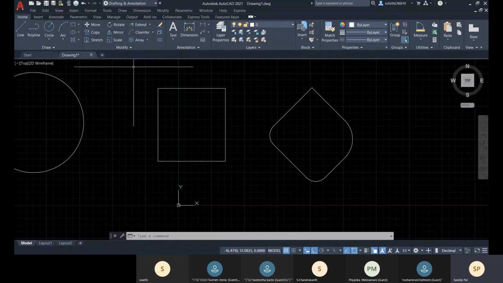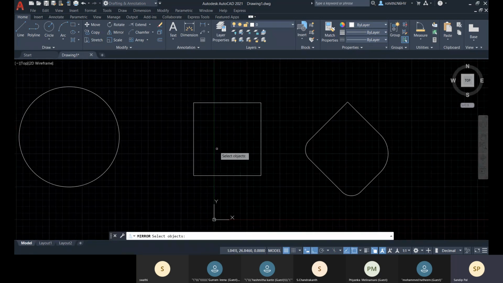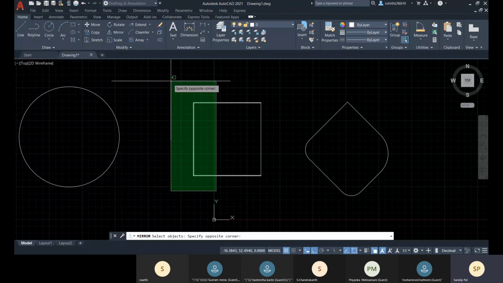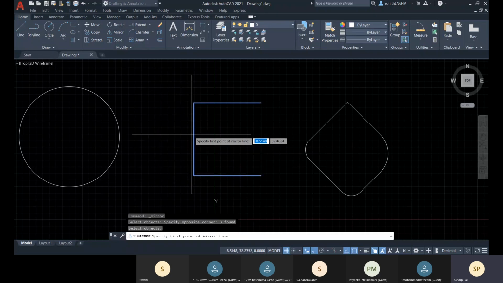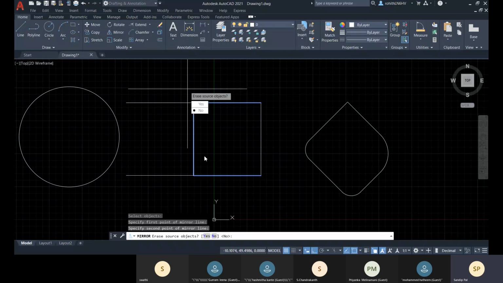Now we also have one mirror option there. So let's go with this mirror. If you want to create a symmetrical duplicate, or you want to make your existing objects symmetrical, you can choose mirror there. So you simply go for this mirror, and then you specify this, and you don't want to copy this.